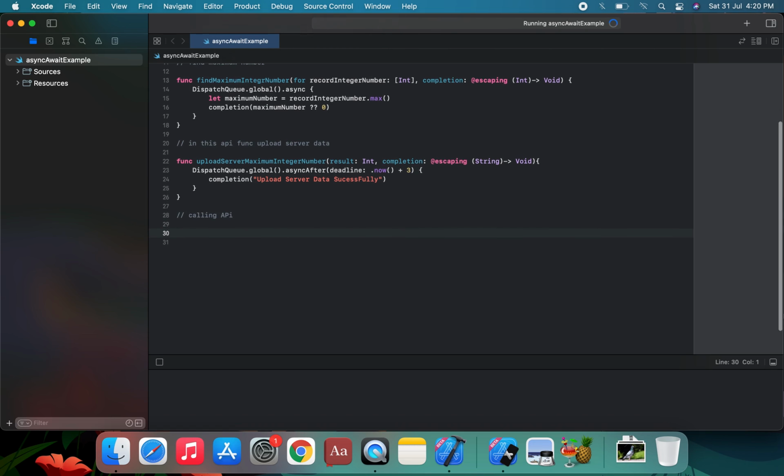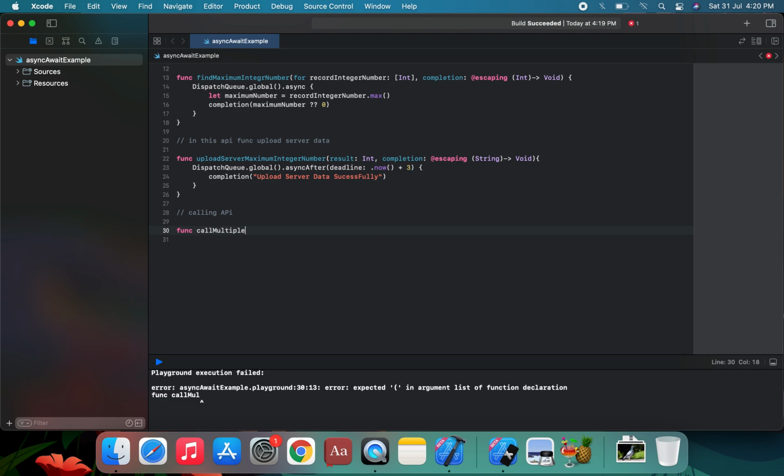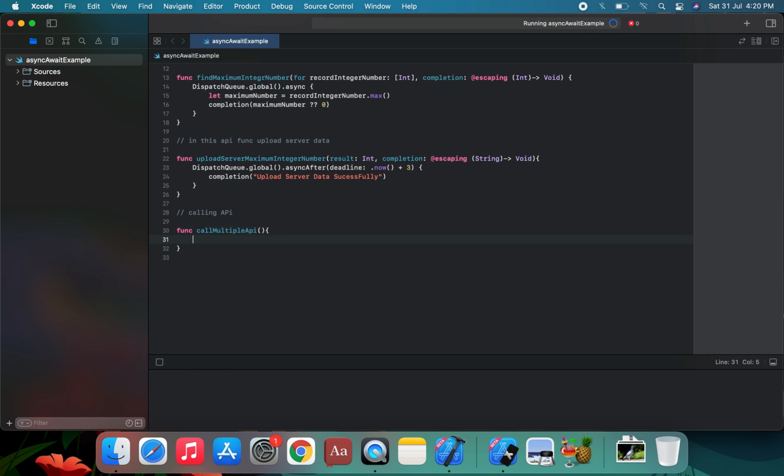Okay, suppose we're going to get on this function func, and this is a call complete function, call multiple API. We're going to get on this function, but it's not in this requirement on this function, and we're going to call this function, we're going to get in the print statement loader on, which we're going to suppose not apply on this issue, but it's loader on.